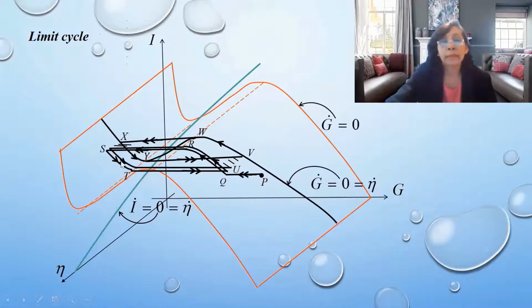And the transitions will follow on this path in the direction of decreasing eta, because here the derivative of eta is negative. So the cycling path will be made slowly in the direction of decreasing eta until the transition